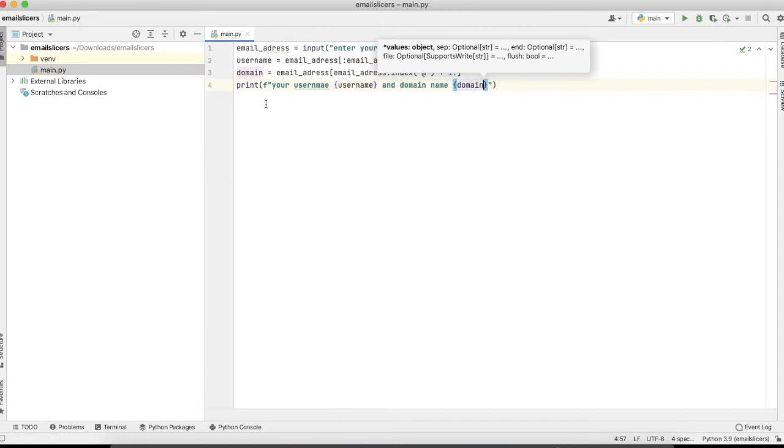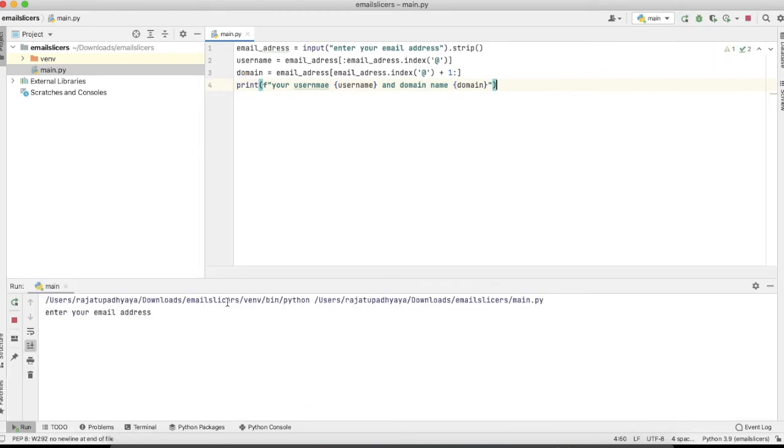Here this f is helping us to pass the values of username and domain name at runtime. Before clarifying these two lines, let's run this program and check. Suppose I'm taking rajatupd@gmail.com. Here you can see our username is rajatupd and domain name is gmail.com.